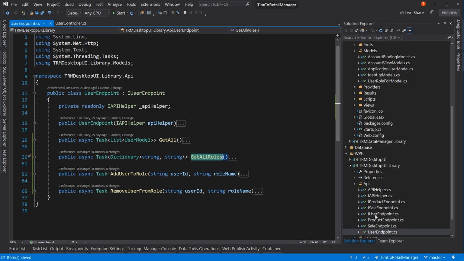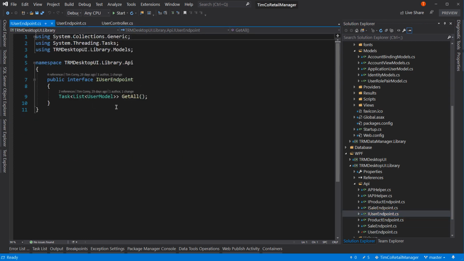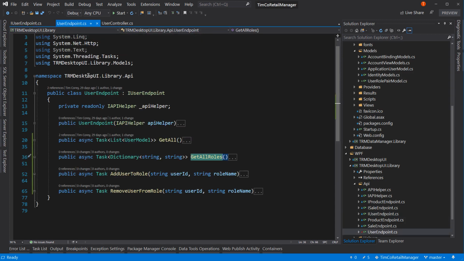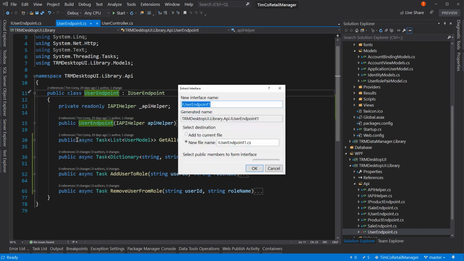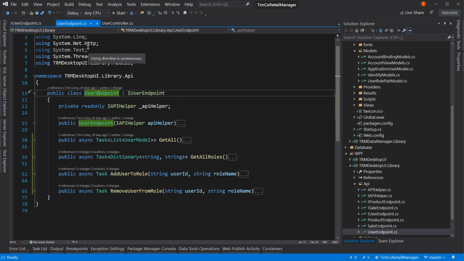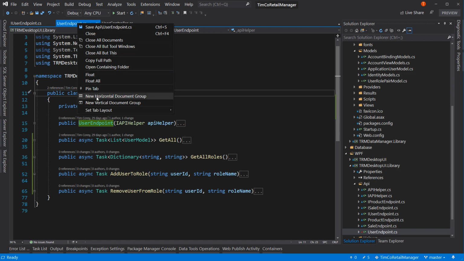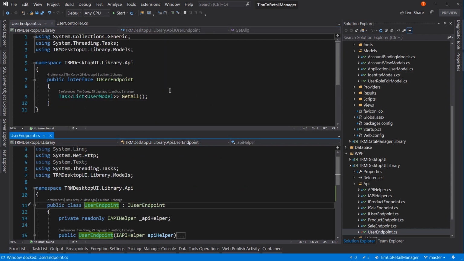So we can redo our iUser endpoint, which right now this interface has one object. And there's a few ways you can go about this. We could delete this and recreate it, but that's not going to be really helpful. I don't think I can overwrite it. Yeah, it says I can't overwrite it. So I could generate the one and then just copy and paste things over, but that seems a little hacky to me. So what I'm going to do instead is I'm going to open a new horizontal tab group, and